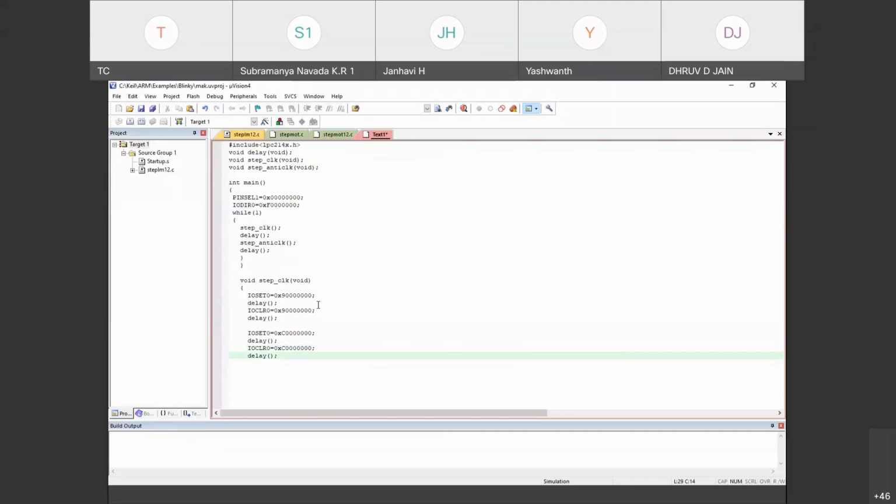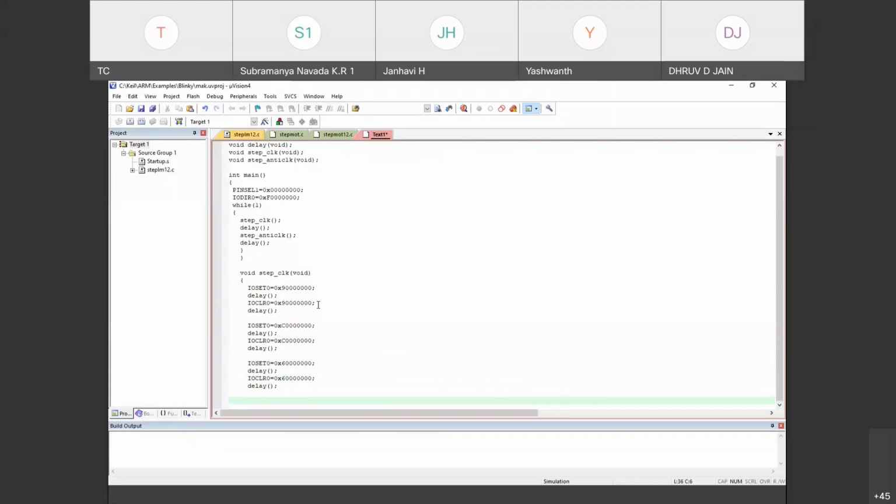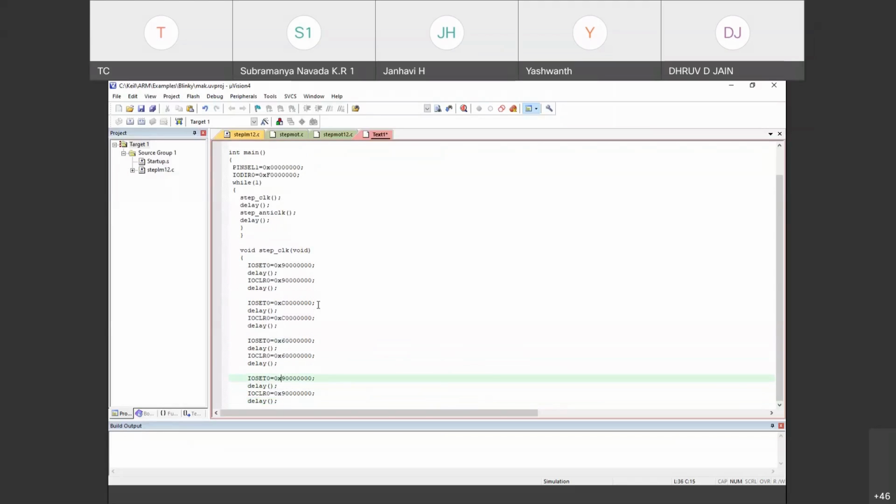What next? Again, I'll make it 6, correct? Because I wanted to know which coil is to be energized. First AD, next AB, next BC, because I wanted to move in that particular direction. BC is 6. I'll energize 6. So here I'll write it as 6. So next again the same way. Control V. 6 9C 6 3. Correct? 9C 6 3. Am I writing correctly?